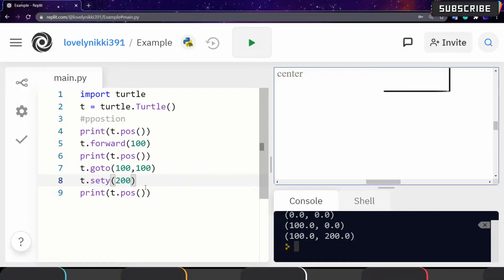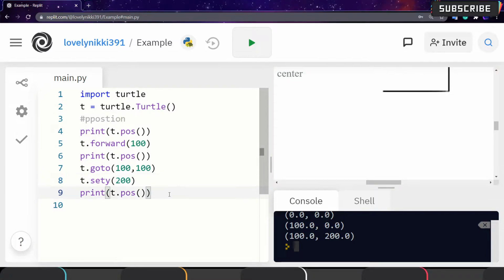The main reason for using these is that if you want to move the turtle from one position to another using only one coordinate, x or y, for x we can use set x and for y we can use set y.